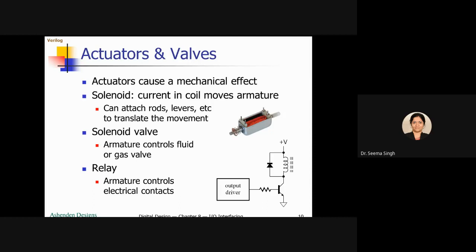If you want to open the valve, you should start flowing the current in this. If current is not flowing, this valve will be in this position. But if current starts flowing, this will be attracted and go to this side, pushing this spring. The magnetic force will be opposing this spring, so what will happen? It will open this valve.